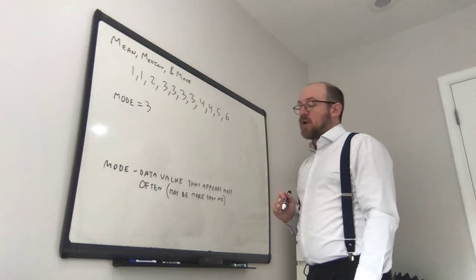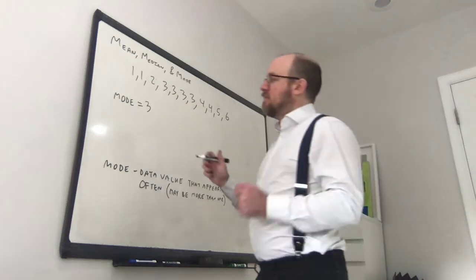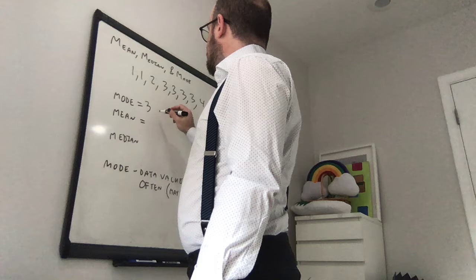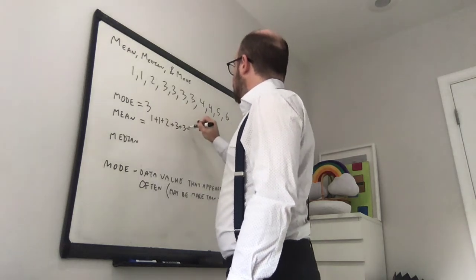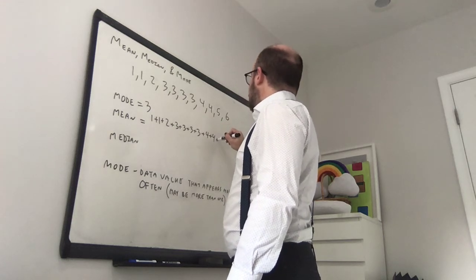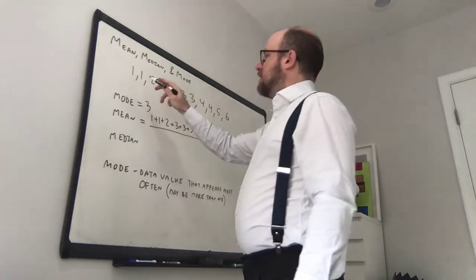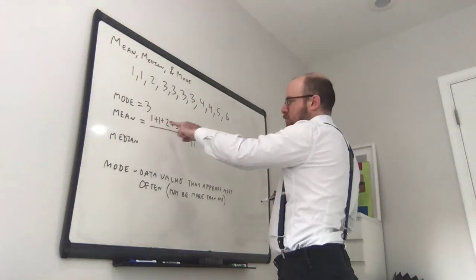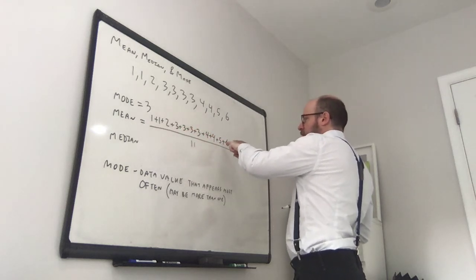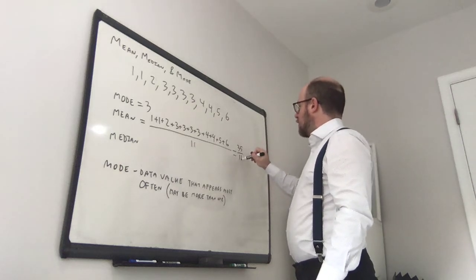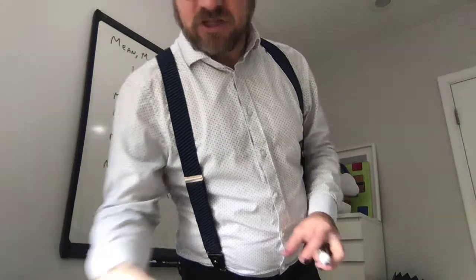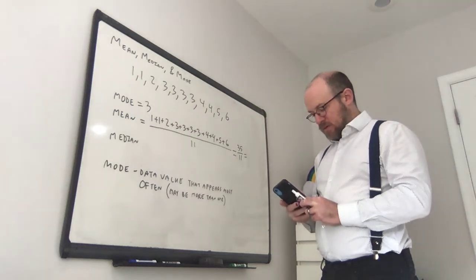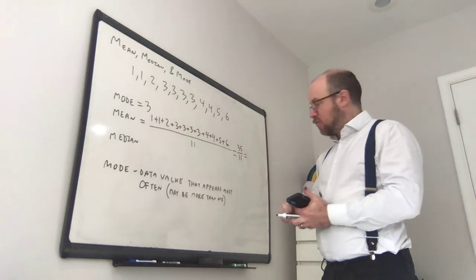Notice here that what I was saying earlier about these being measures of the center, if you look at the other two here, the mean and the median. So the mean is 1 plus 1 plus 2 plus 3 plus 3 plus 3 plus 3 plus 4 plus 4 plus 5 plus 6, all divided by the number of data values, which is 11. And so if you add all these up, 1, 2, 4, 7, 10, 13, 16, 20, 24, 29, 35 divided by 11. I'll have to put this in my calculator real quick. 35 divided by 11, 3.18